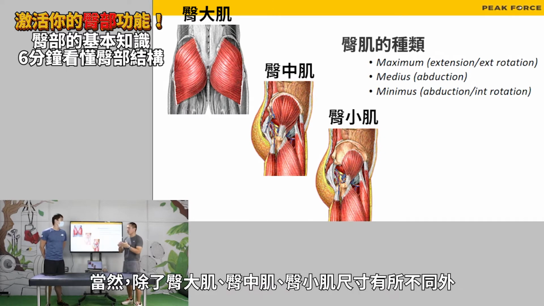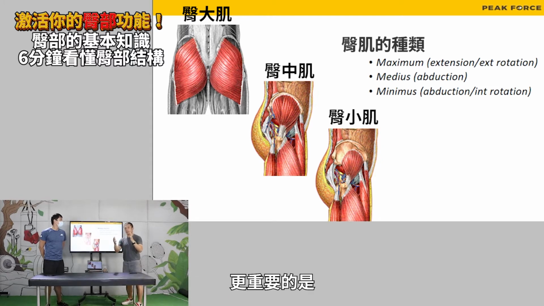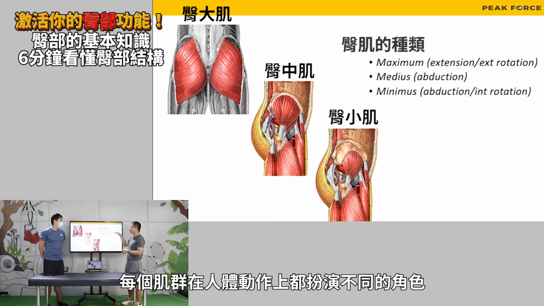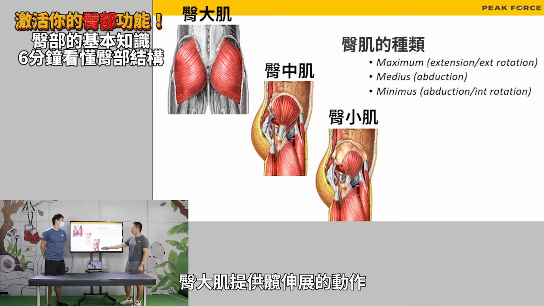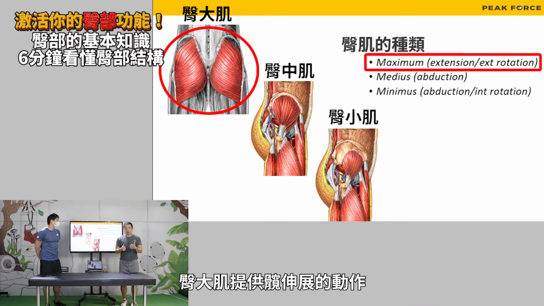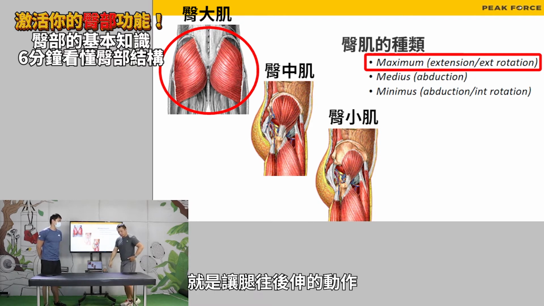Of course, the size is different between maximus, medius, and the minimus, but more importantly, each one actually has a very different role for human movement. 好,那在这边呢,讲解到这个臀部的肌肉的部分,那我们主要就是有臀大肌、臀中肌、臀小肌。那这三个主要的臀部的肌肉呢,它有不同的功能。那重点是我们要看它分别是占有做了哪些事情这样。 So the maximus, okay, it provides the hip extension, which is to go backwards this way, but also it